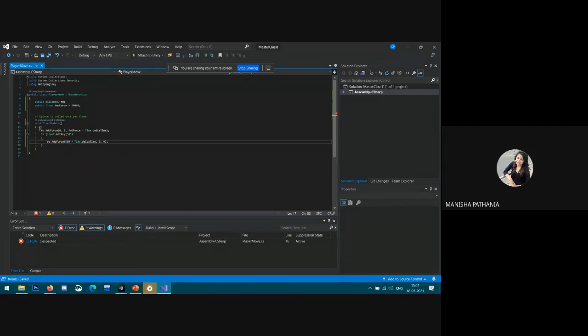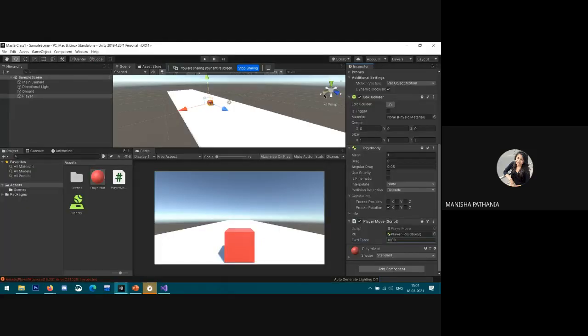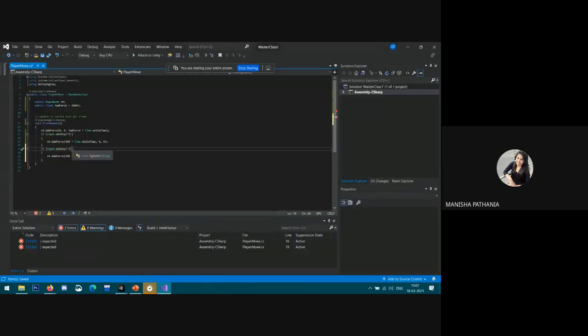Same, I copy and paste it here. First I move it in the x direction, then for the other direction I need to define another key.